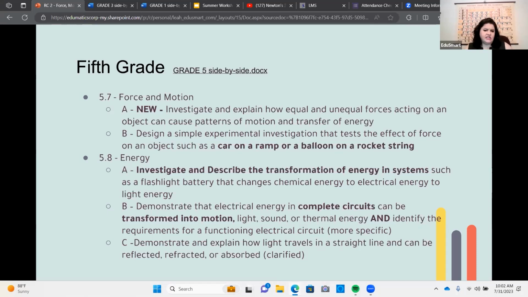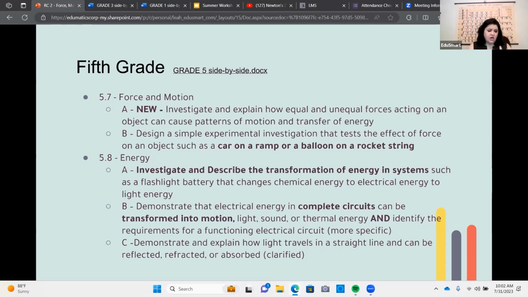Now, this is not completely new. You had to know what a closed circuit was before, and a complete circuit, so that part's not a huge difference, but it's just much more specific about what they're asking for. And they've added motion to light, sound, and thermal energy. So there's just a lot to unpack with this specific standard, because they have to know everything and how an